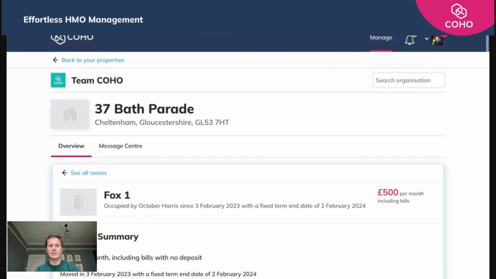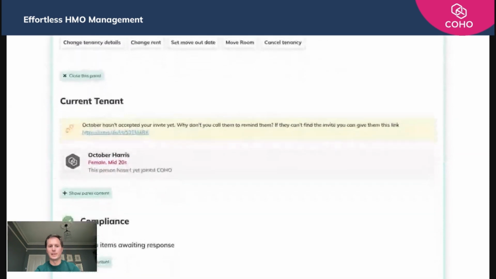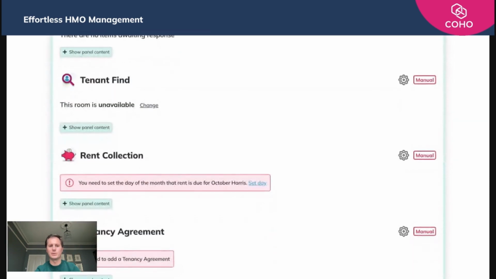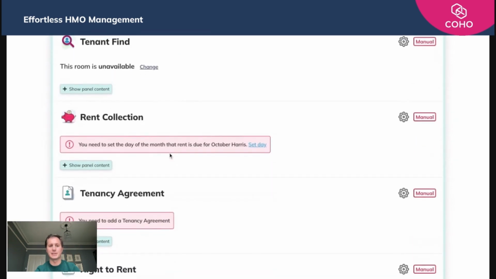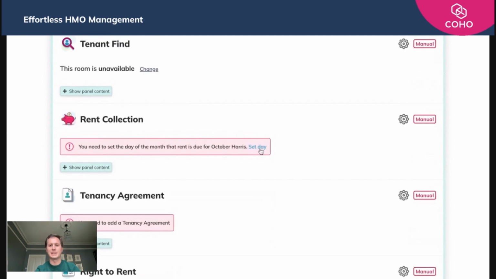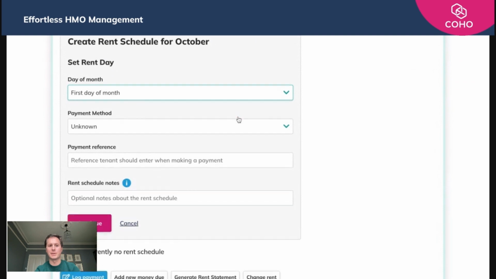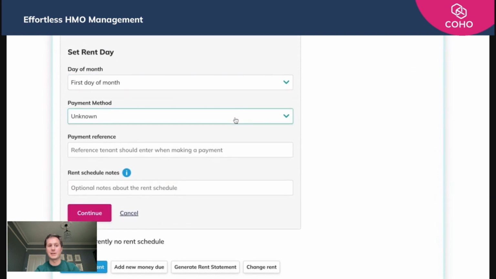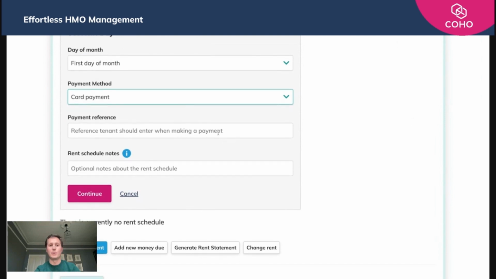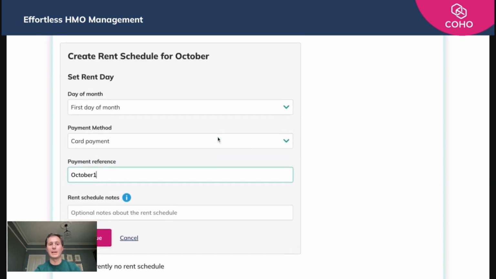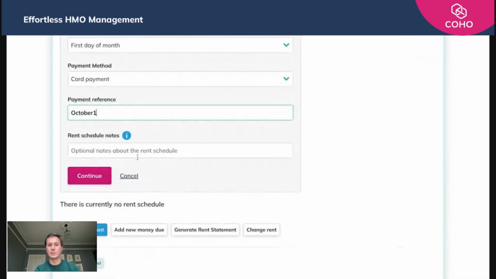Now what I need to do is I need to create the rent schedule for this tenant. So what we do is we go to the rent collection area. We need to set a day of the month that the rent is due. We're going to select the first day of the month. The payment type, sorry, it's going to be a card payment. We're going to make a payment reference of October 1. We're not going to include any additional notes, but for now, we're just going to click continue